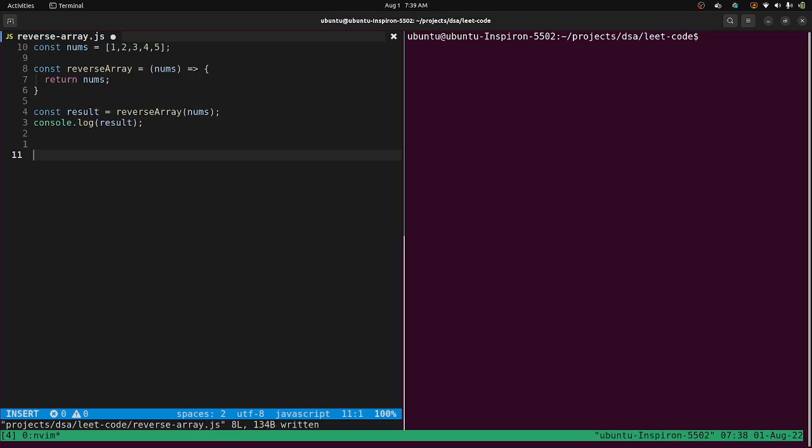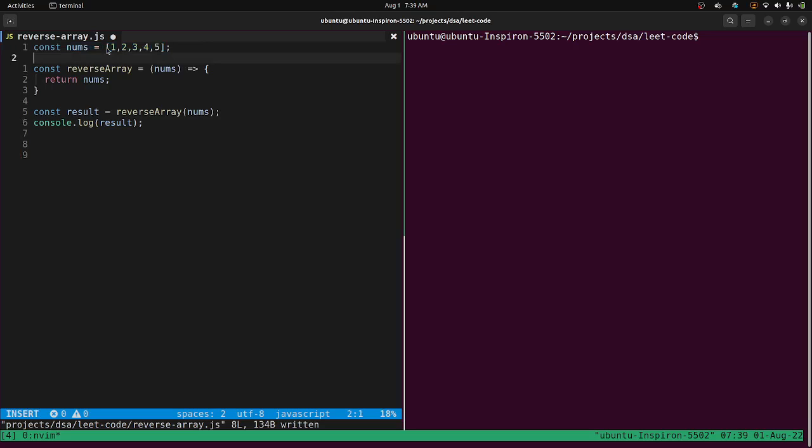In order to understand the solution that I'm going to be showing you, you need to understand a bit of recursion, like what a base case is and what a recursive call is. In a simple way, a recursive function is a function that calls itself. That's it. Okay. So let's suppose that we are given this array known as nums that contains 1, 2, 3, 4, and 5,